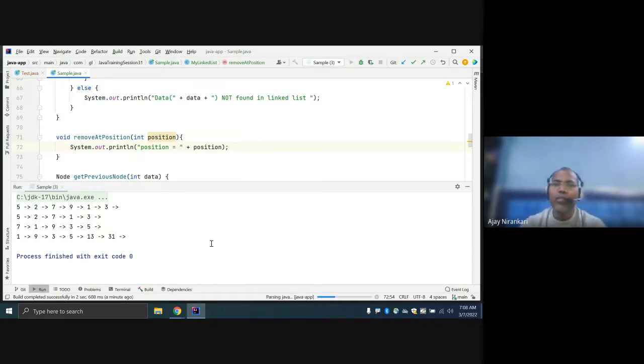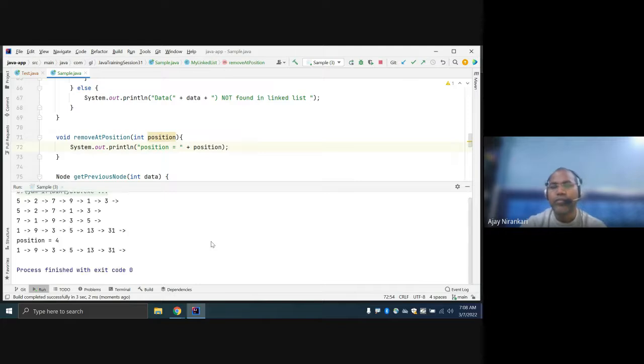Any thoughts come to your mind how to think? I just want to remove the fourth position data. 1, 2, 3, 4. I want to remove this. So as usual, first you have to check whether the value the user gave is within our linked list or not. Right? In our case there are 1, 2, 3, 4, 5, 6 data only.